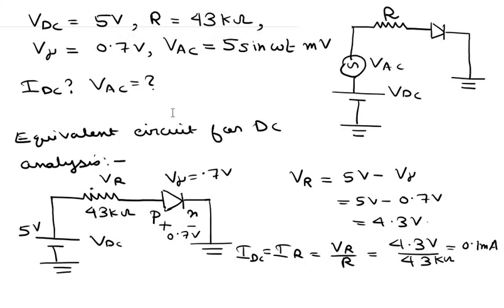You remember that in the small signal model or the AC model of the diode, this diode is basically equivalent to a resistor with conductance GD. So this diode is equivalent to a resistor whose conductance is basically GD. So we have to find out the value of GD at first. So let us find out the value of GD.